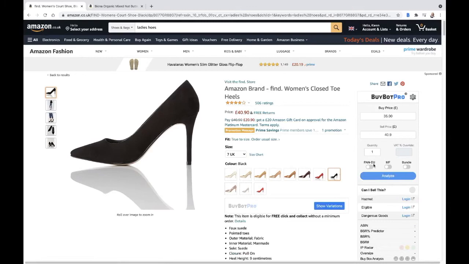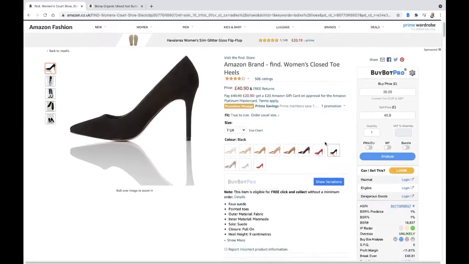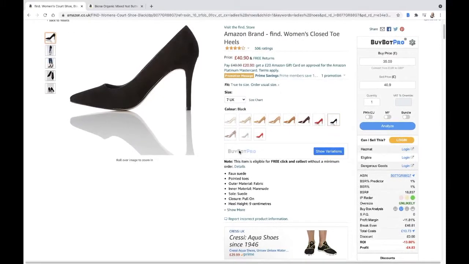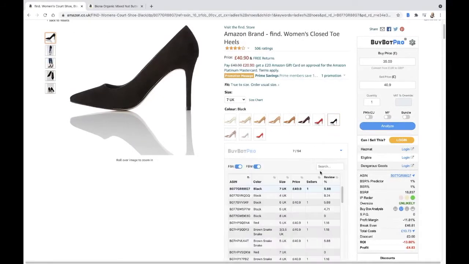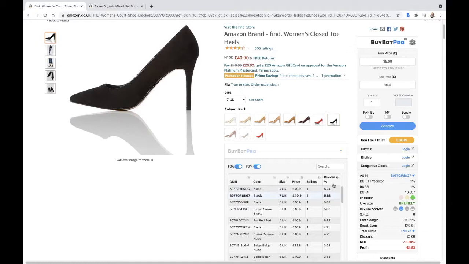So let me show you how to do that within BuyBotPro. The first thing to do is obviously to analyze your deal, and then if you come down and have a look, you've got an extra feature in BuyBotPro here called Show Variations. One of the things you should do is straight away enable that, go along to your review count and sort it so you've got your highest review count at the top.